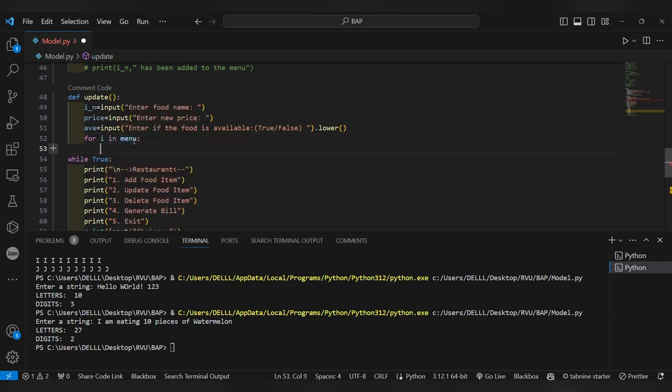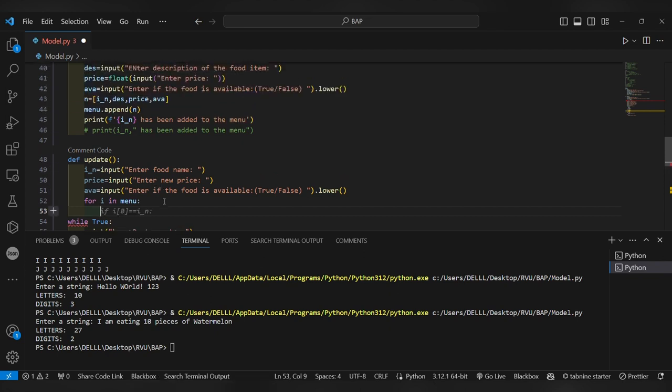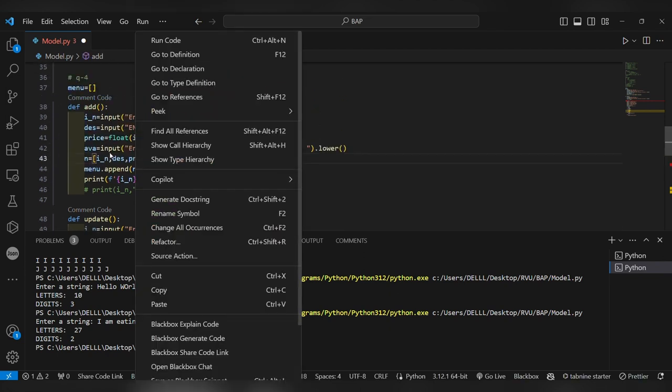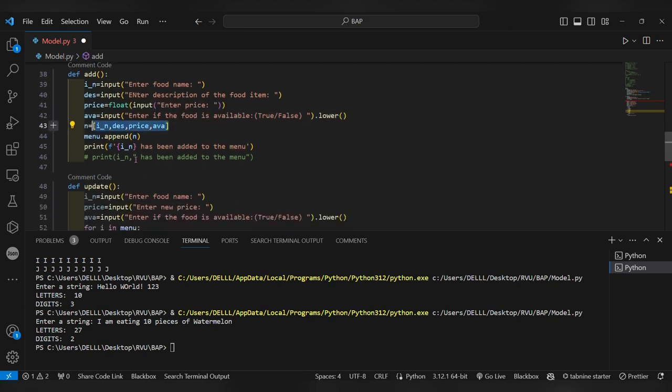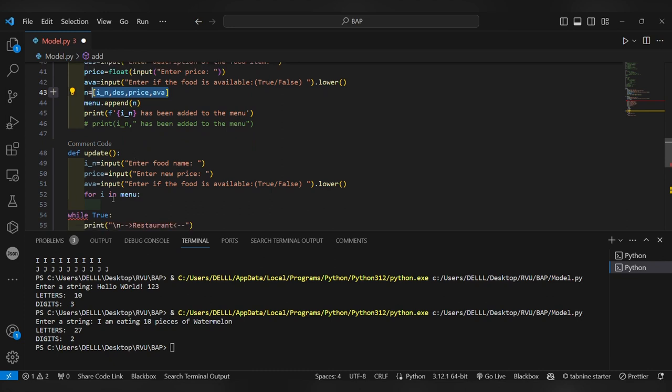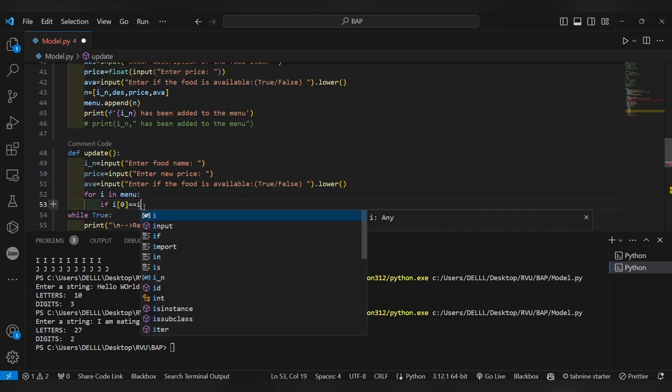So here it checks one list. See, one list we have added to the menu, so like that we can add many lists. This one big list containing four different variables is considered as i. So that one big list is now being renamed as i. So here if i of 0, that is n of 0, is in, if in is equal to i underscore n,